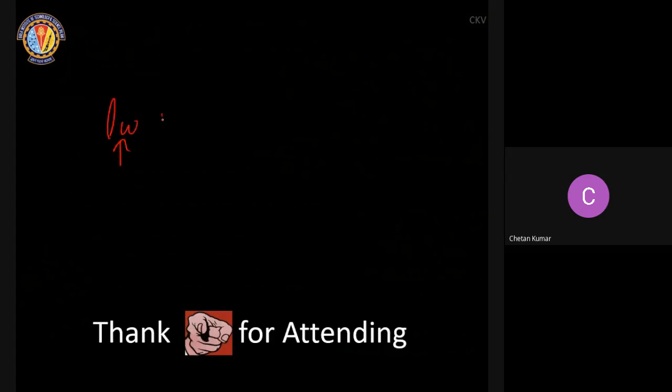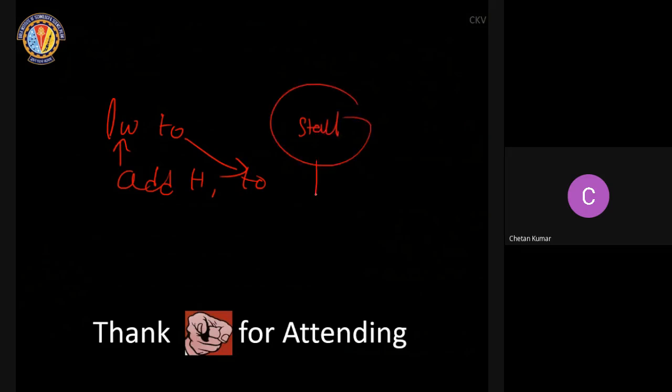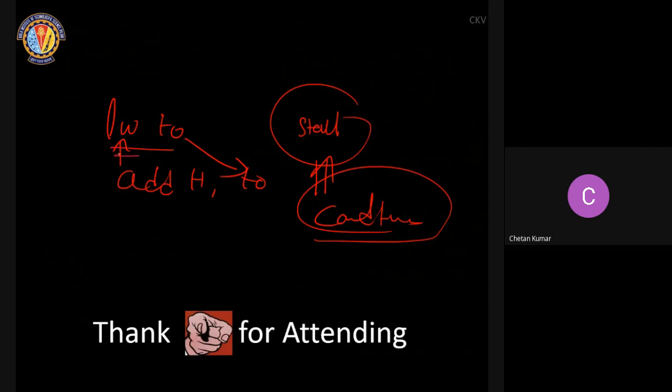When you are having load and data dependency, in that case, you might have to stall. For this also, I have to come up with some condition. Maybe you can take this as an exercise and try to see what the condition would be to detect this case. In this case you compulsorily have to stall, and then you still will be using forwarding. But first I have to detect